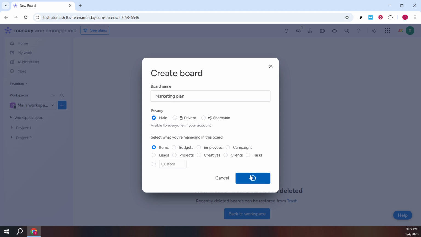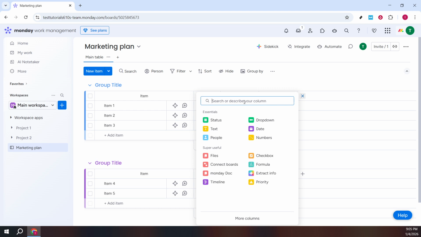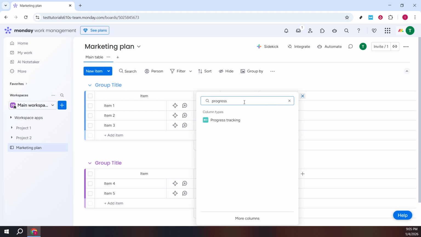With the board open, we'll add the key piece, progress tracking. Look toward the columns area and click the plus icon to add a new column. In the search or list of column types, type progress and select progress tracking. This column displays a visual percentage bar, making it simple to understand how far along an item or project is